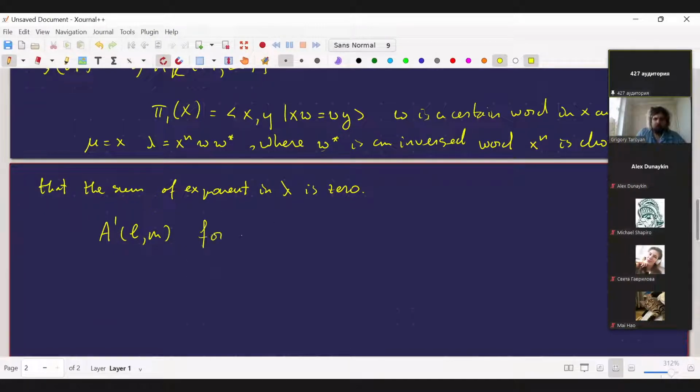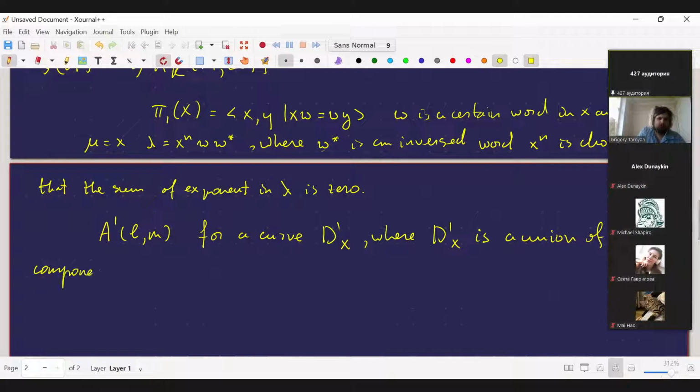So this equation for a curve D prime of x, where D prime of x is a union of irreducible components of Dx